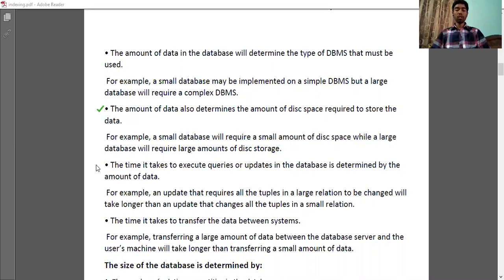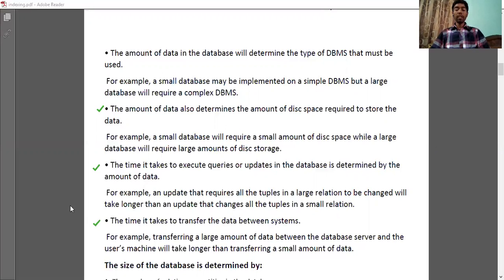The time it takes to execute queries or updates in the database is determined by the amount of data. For example, an update that requires all the tuples in a large relation to be changed will take longer than an update that changes all the tuples in a small relation.